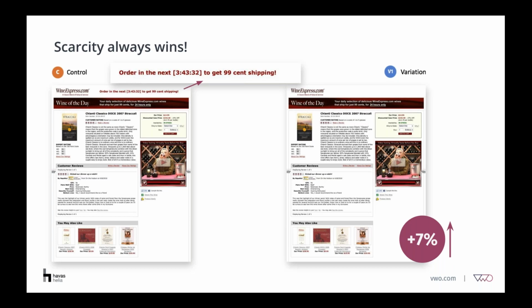So I hope that with these examples you've learned that all of these methods will give you a start, will give you the right ways to persuade your customer, but at the same time you need to test them. You need to test them with different audiences, and you need to give them the right experience.